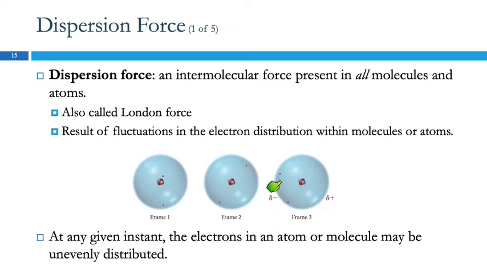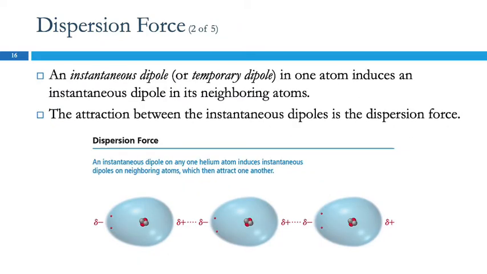So here, with the 2 electrons on one side, now this atom is a little bit lopsided. It's going to have a partial negative charge over here because all the electrons are there. And it's going to have a partial positive charge over here because this is just exposed protons. And so that's what's called an instantaneous or temporary dipole. And they're very, very brief. It comes and goes, comes and goes.